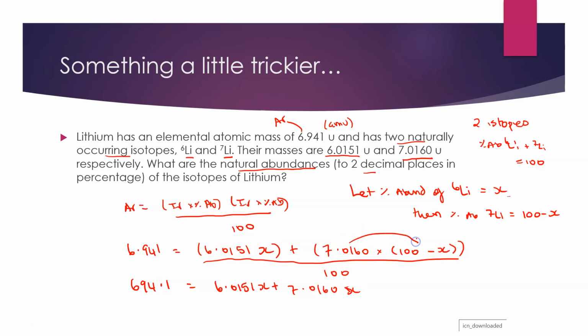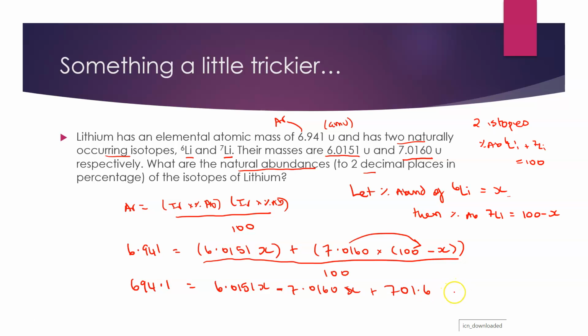That's going to this one here, so that's going to be minus, because I'm multiplying by minus x, and then I'm going to have my 7.0160 and multiply that by 100. So what I'll get here is